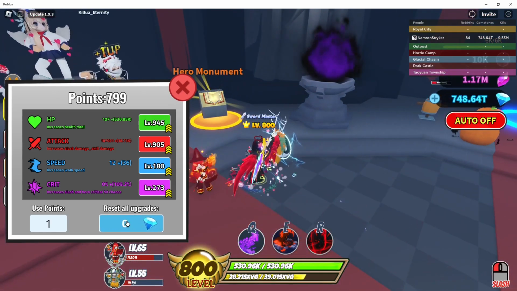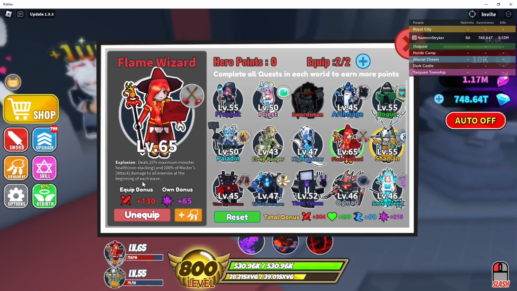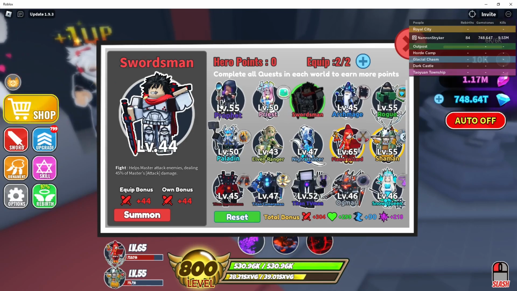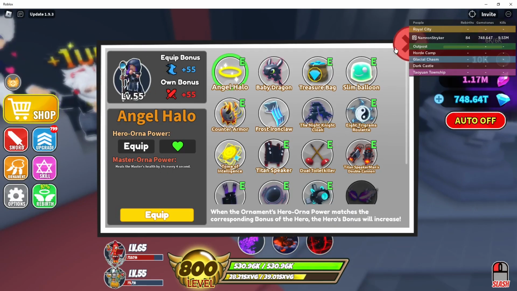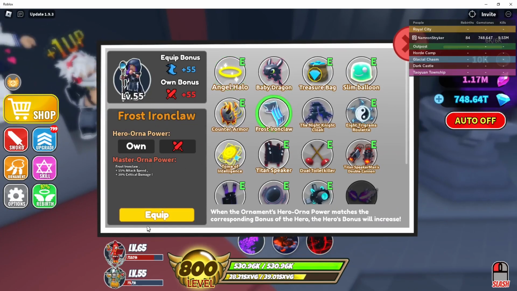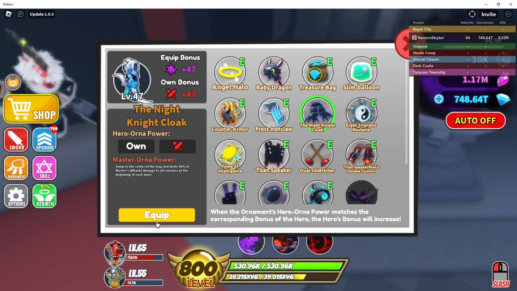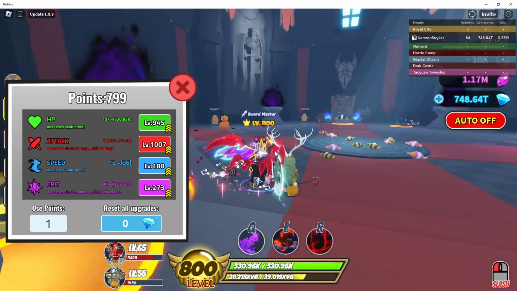And the way I get there is through my hero levels. Now, of course, my Flame Wizard is one of my biggest attack bonuses. I would have more attack, but currently I do not have the Swordsman. We'll go over that here. Each one of these characters can have an ornament equipped. Currently, they do not, so let's put that there. Now I have 1,000 base attack,